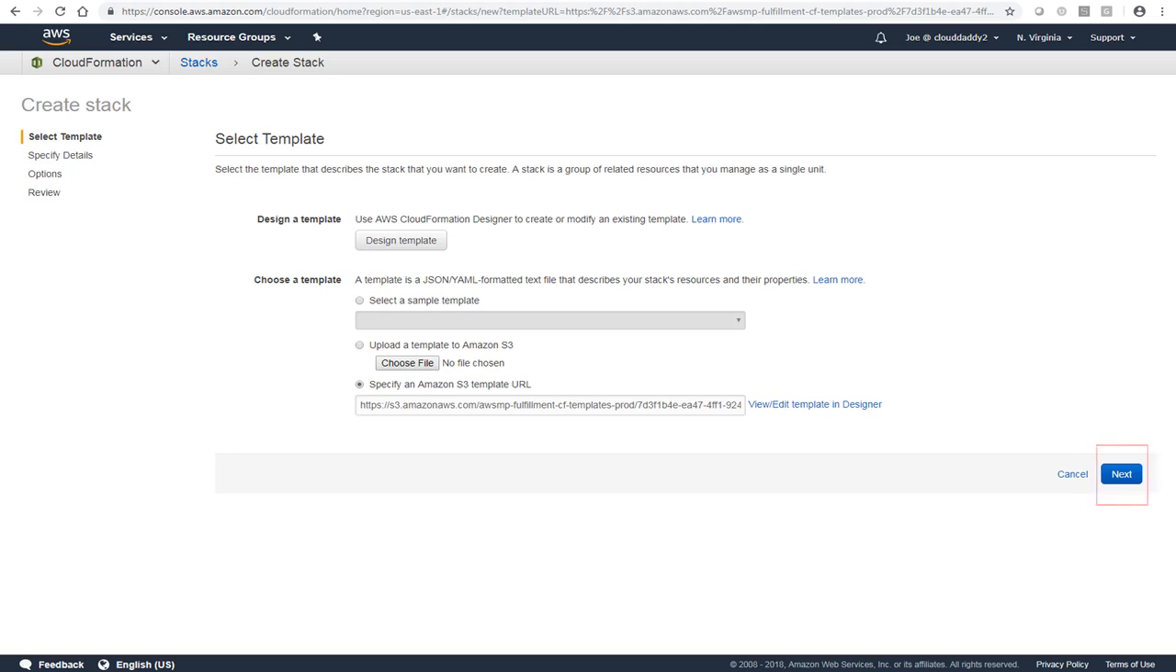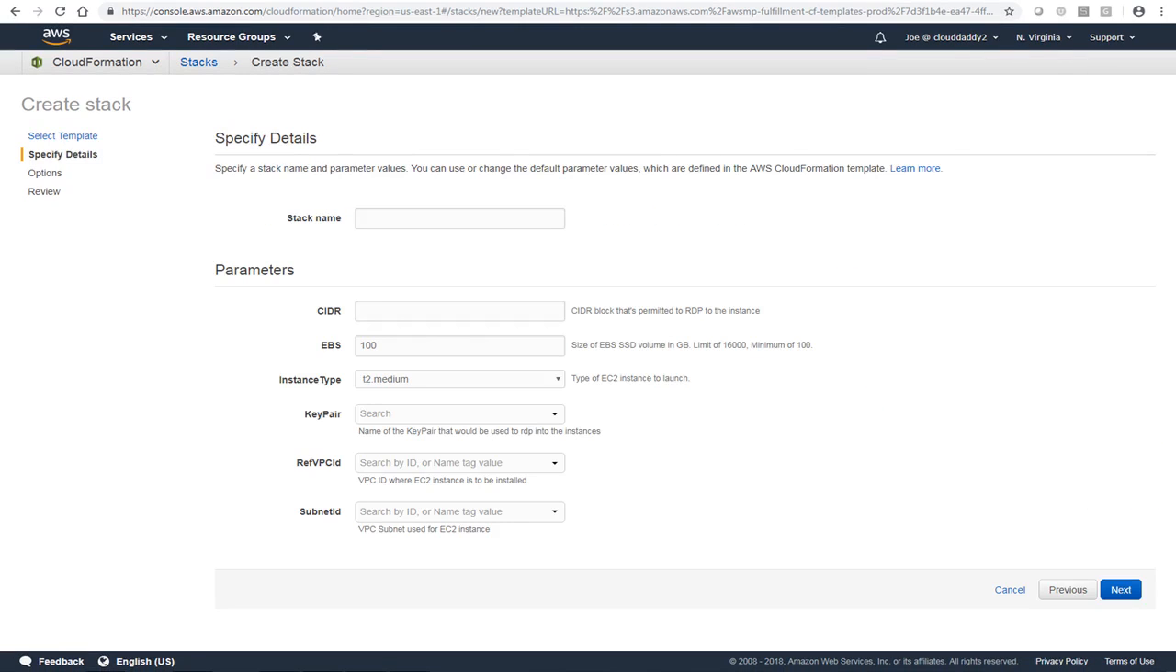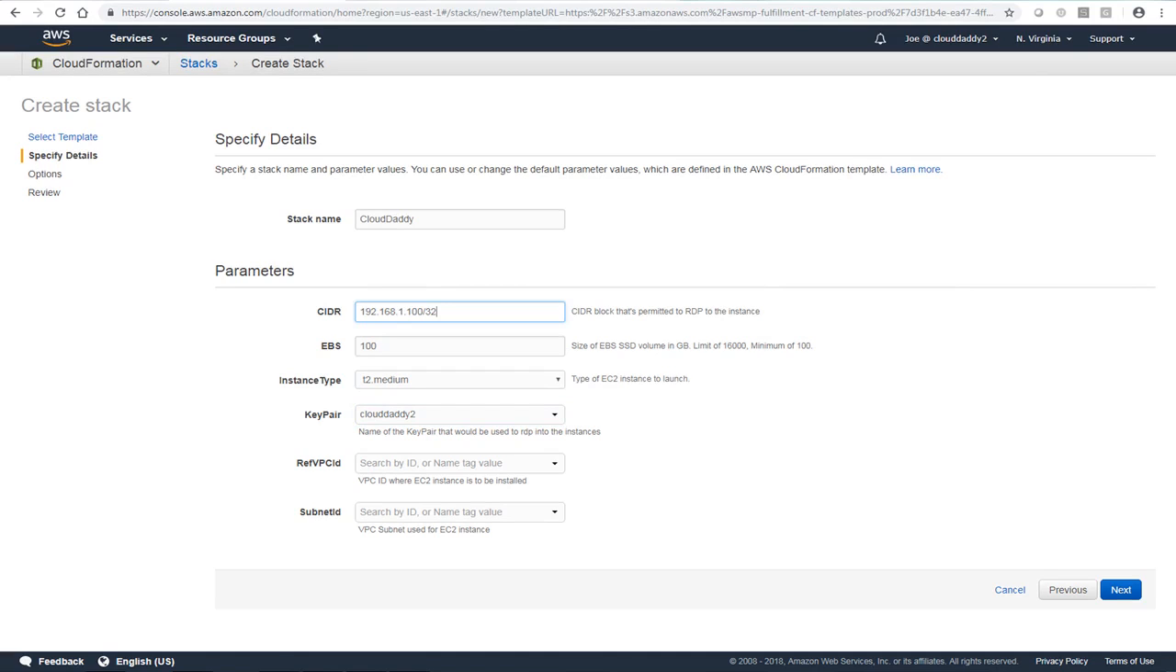accept all of the defaults and click on the Next button. You'll then need to give the stack a name. Type in CloudDaddy with no spaces, since they're not allowed here. You'll then need to specify an IP address or IP range in CIDR format, which defines who can RDP into